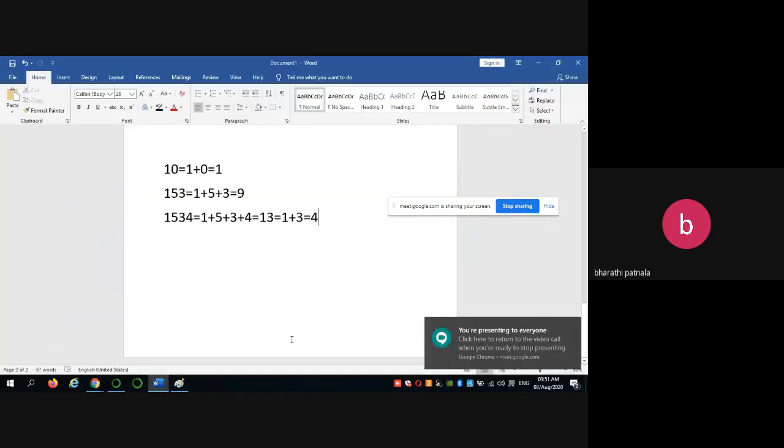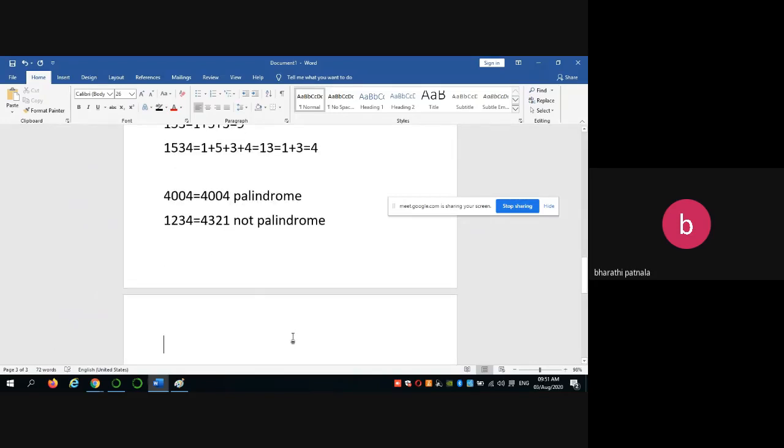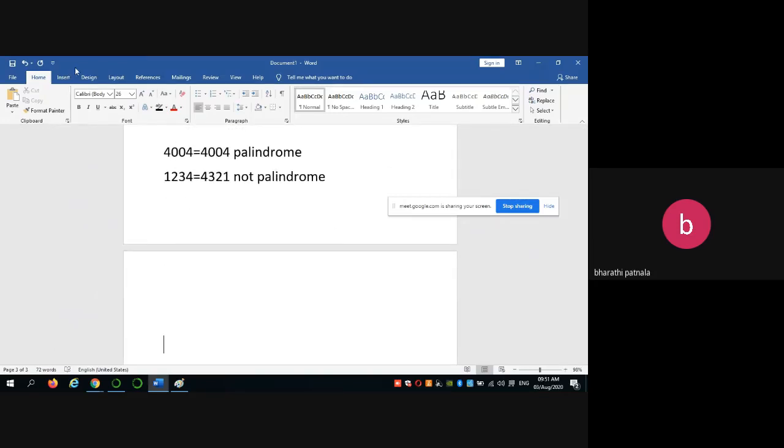Go for palindrome of a given number. Palindrome means taking the same number and the reverse of that number; when it is equal, you can say it is a palindrome. Suppose if you take one number and reverse that number, and both are the same, it is a palindrome. Okay, so that means